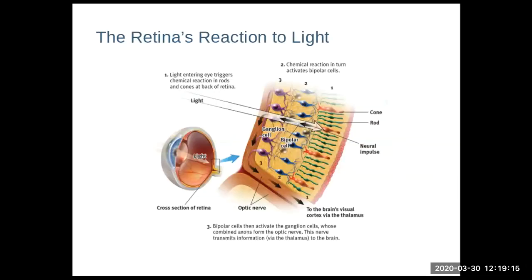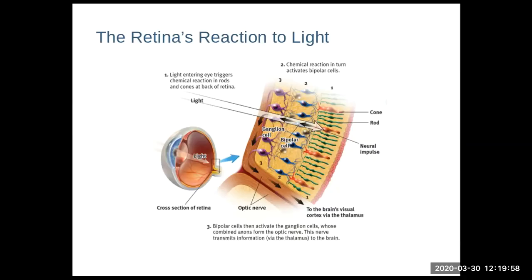Now, if we were to zoom in, as you can see, onto the back of the retina, you see that there are 3 layers of cells. And although the light would seem to hit the first set of cells first, it is that back layer on the very back of the retina in the eye that actually causes the signals to transduce into a signal the brain can understand. So, even though you would think it would go 1, 2, 3, because it's not activated till it hits the back layer, that's the first layer of cells, and then it goes forward from there. So it's a little bit the opposite of what you might think.